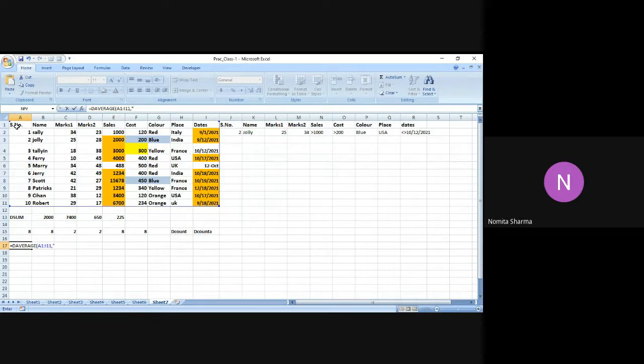In the field, I say sales, and in the sales, I have already written greater than 1000. So I'm going to select that, and I'm going to close the bracket. So it has given me the average of the sales, which is more than 1000.